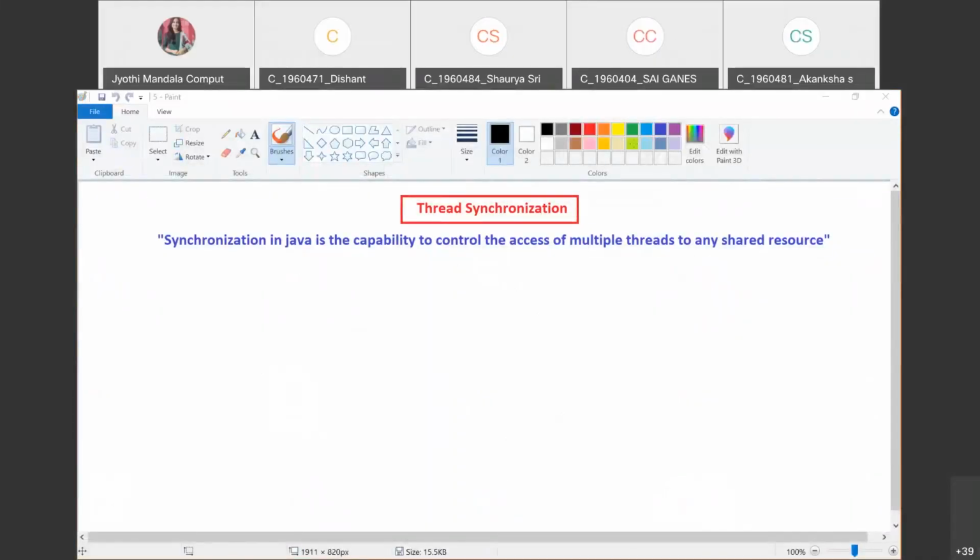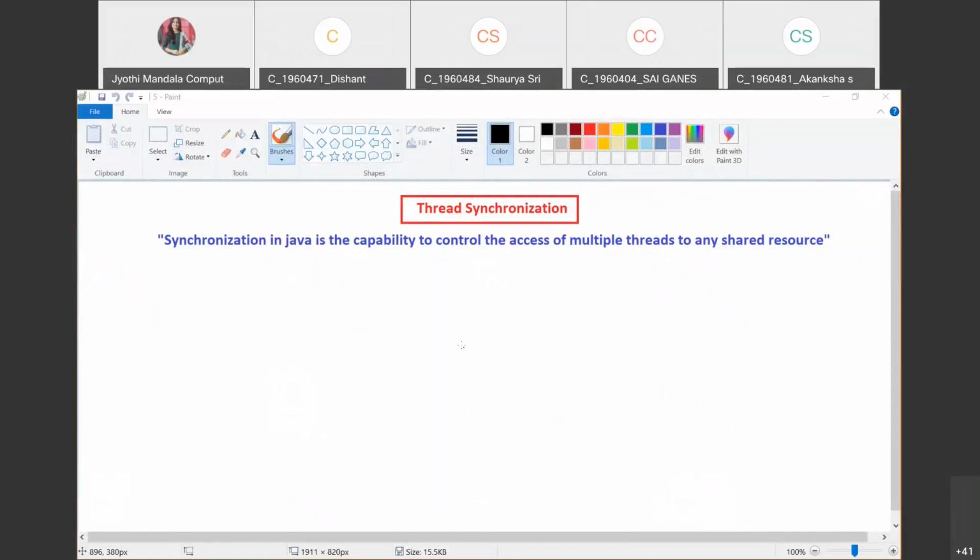In today's class, we are going to learn about thread synchronization. In the last class, we learned about thread priorities. We have an option of setting the priority, like we can give some threads highest priority and some threads least priority, so that if there is a chance, the processor can act according to the priority we have given, right?